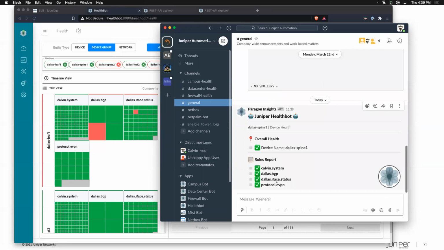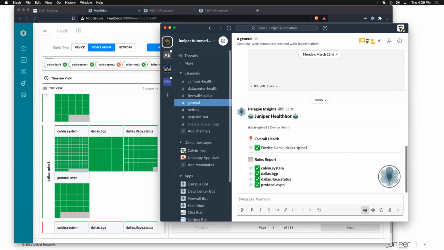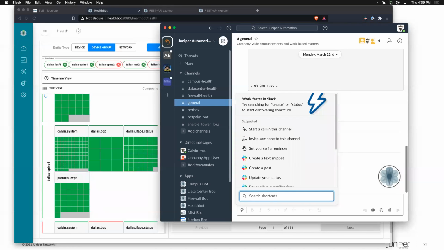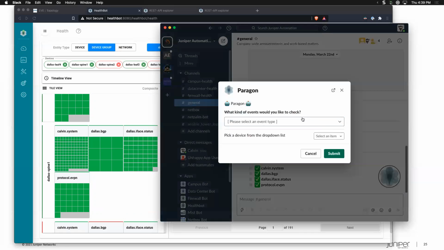So I did not have to SSH to the device. I did not have to know any Junos. I did not have to know NetConf or REST to be able to consume something like this. Here we can see Dallas Spine 1 looks like it's in good health, and yep, all of the things look to be pretty good. Let's try to get something that's a little bit more unhealthy, and that's by picking on,